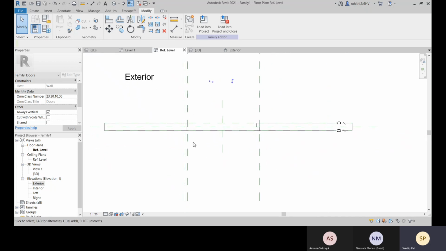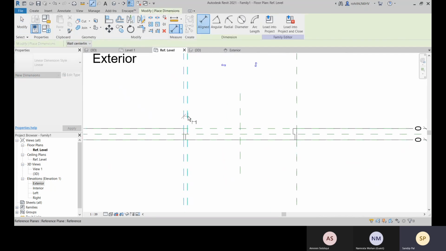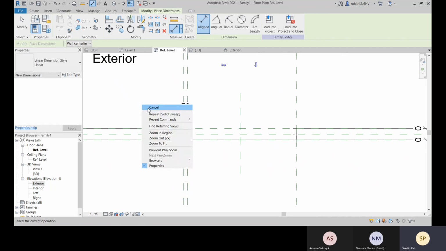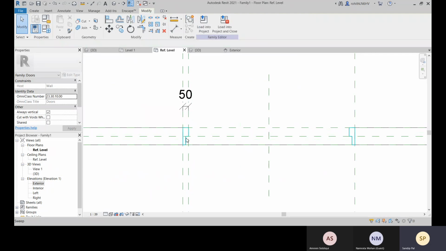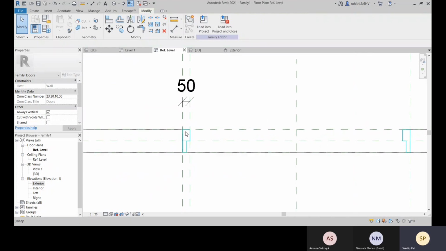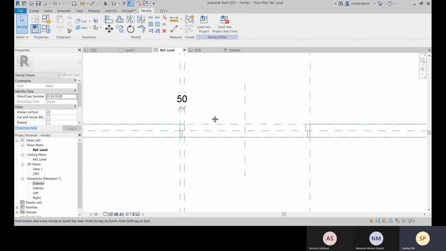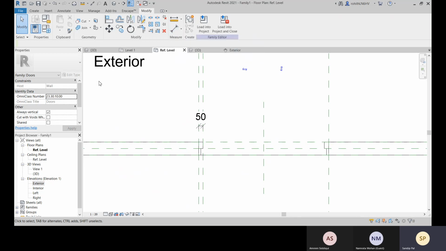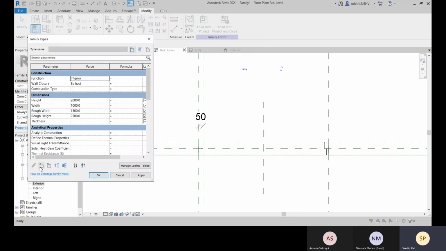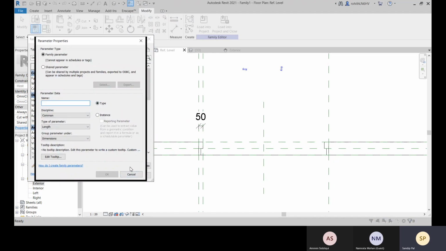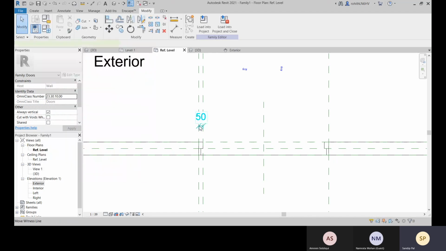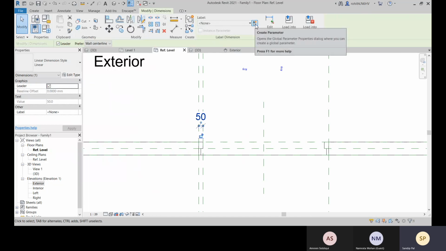For that, we will lock this one, or what you can do is give it as your width. So you can create one. How can you create it? Go with this new parameter option there. From there you can create, or else you can select this one, and from this option you can create a parameter.